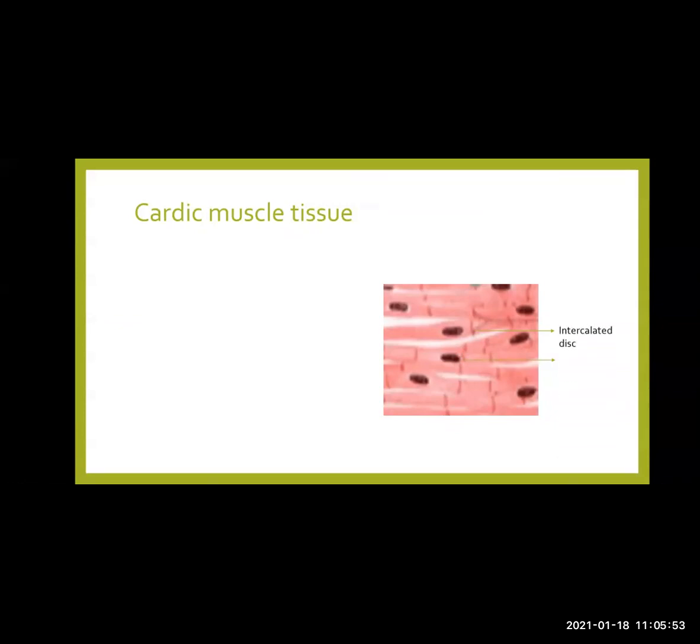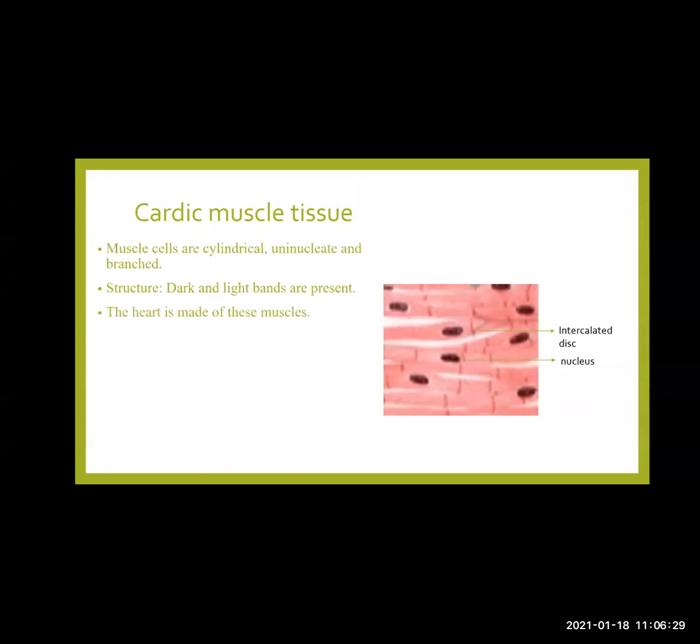where the muscle fibers connect with each other. That attachment is known as the intercalated disc. Remember, when the muscle fibers attach with each other, the connecting point is known as the intercalated disc, and these are the nuclei. Now, muscle cells are cylindrical, uninucleated, and branched. In structure, they have dark and light bands on them.